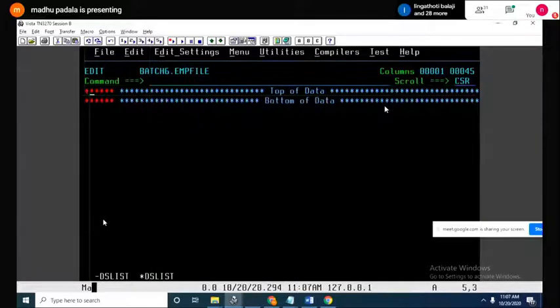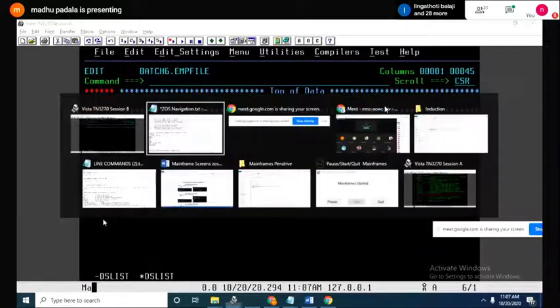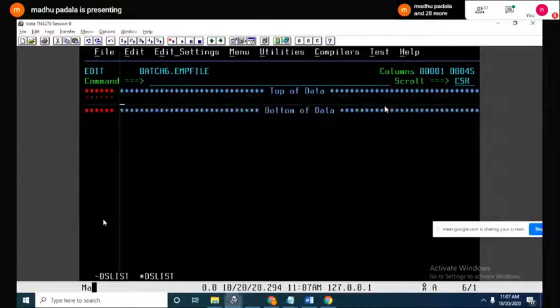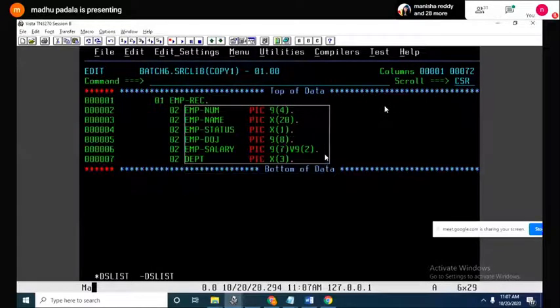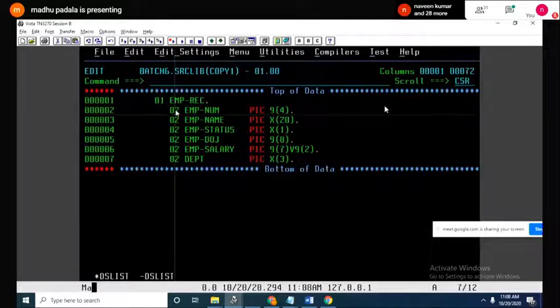So what is the layout? Layout means structure, the structure of the file. How many columns are there in the file, and what is the data type and length of each column? That's called the structure of the file. So EMP record contains 1, 2, 3, 4, 5, 6 columns.